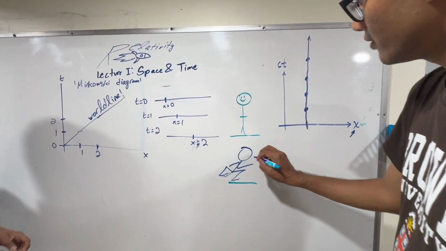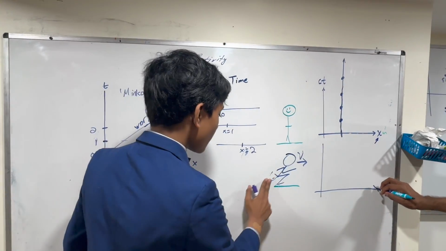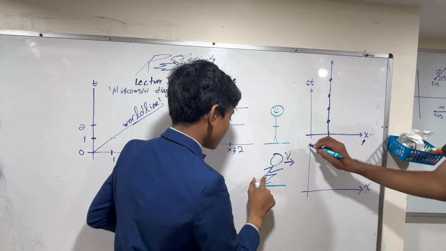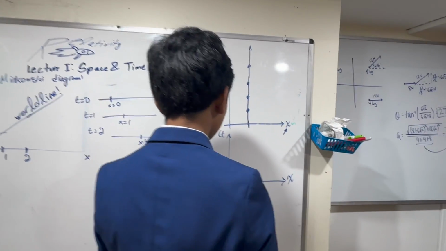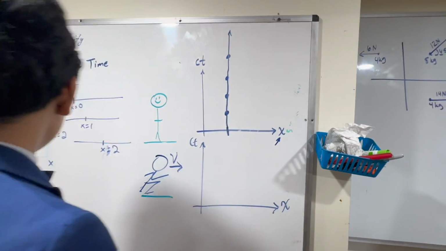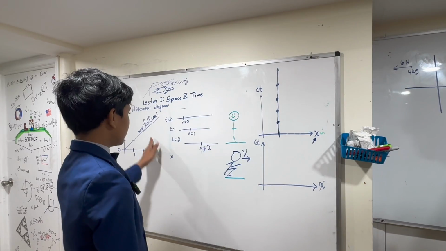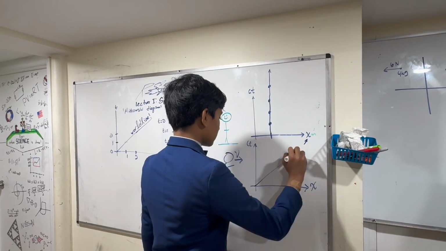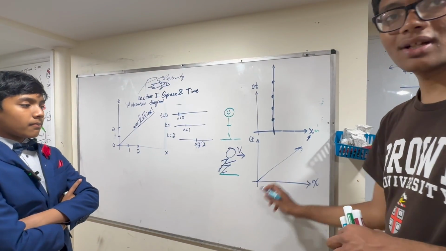So let's say you have someone moving forward at a constant velocity. Then what will their world line look like? A person running at constant velocity. Well, let's think about it once again. You don't have to do the choo-choo train thing. Just draw the same thing, but